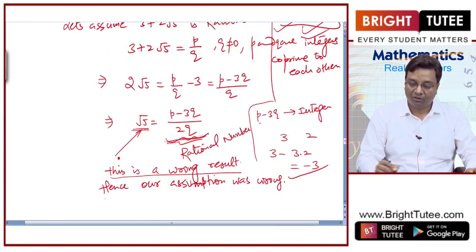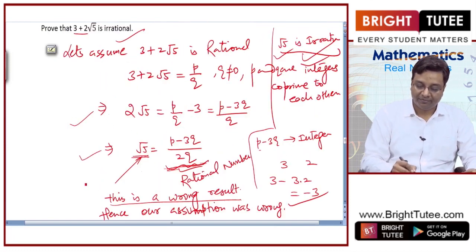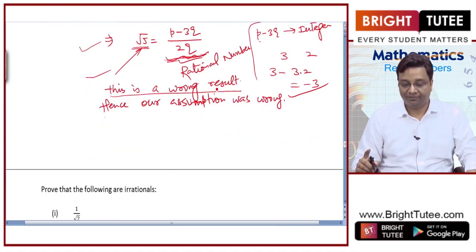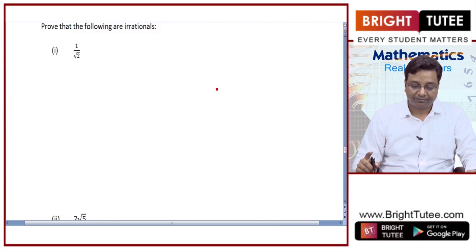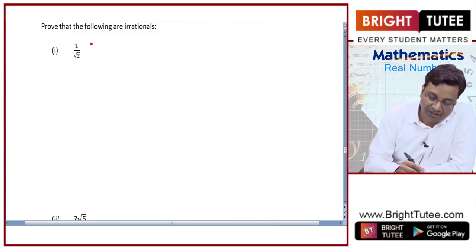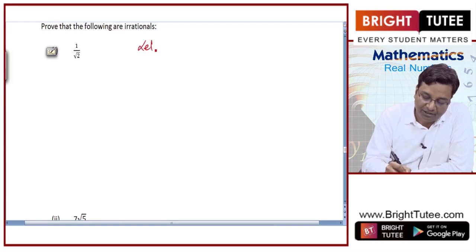So what is wrong in this question? Every step is right, so the assumption itself was wrong. So we can say 3 plus 2 root 5 is irrational. Now we need to prove that the following are irrational. So again, let's assume